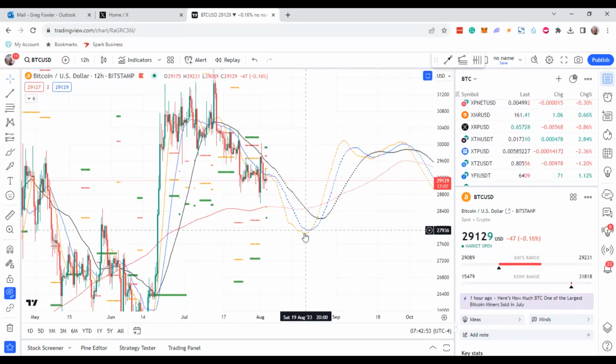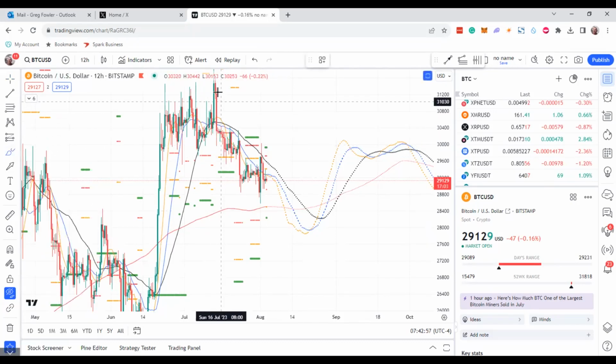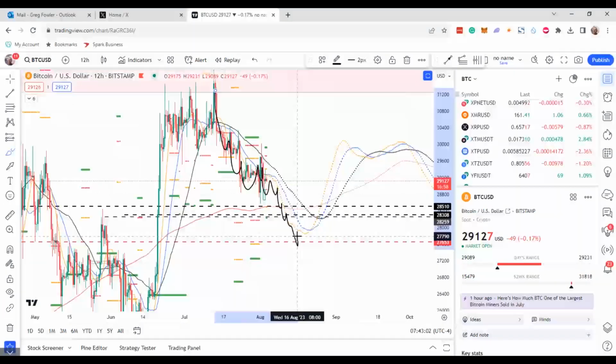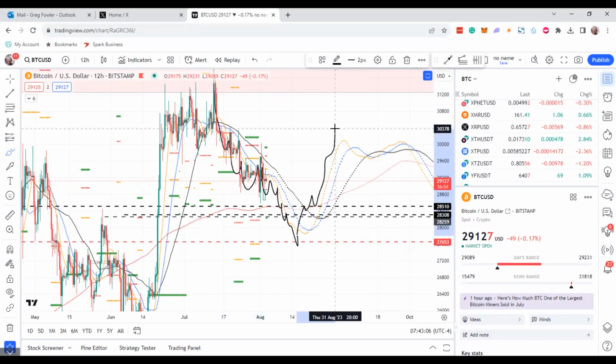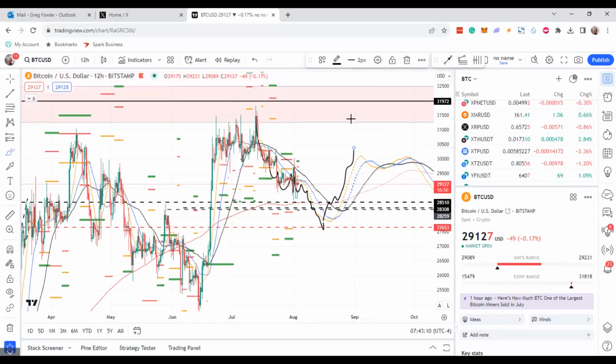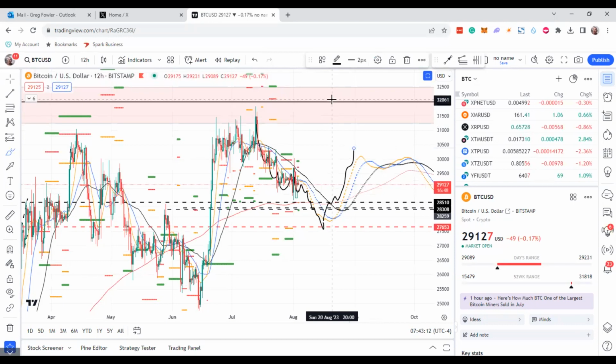All right. So this is a very good area for a long trade, in my opinion, because if you go like this, right? It's going down, it's going down, it's going down. We know things don't go down in a straight line, do they? So it's probably going to retrace, isn't it? At least at a minimum. But my targets on this one are going to be 31.4, 32, and as high as 32.5.